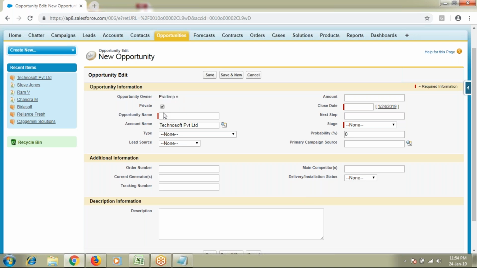Okay, and let's give some opportunity name. Let's suppose we are making an opportunity on laptops of the 5151 N series. So we are making a deal for this opportunity, and the amount is worth $10,000. Now here we have something called close date, stage and probability. We'll understand close date, stage and probability with an example called